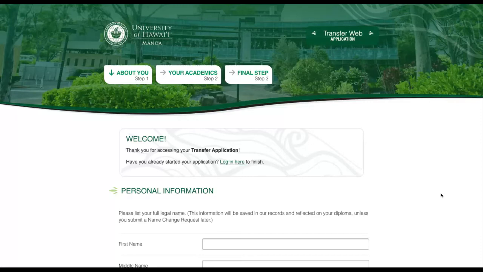Hi everyone, this is a demo for completing the UH Manoa transfer web application for the Bachelor's in Education Exceptional Students in Elementary Education program, otherwise known as ESEE, which is our dual licensure program for elementary and special education. So essentially this is the transfer application, so it can be all done online and it's only 3 basic steps